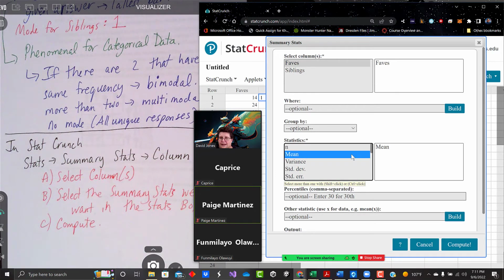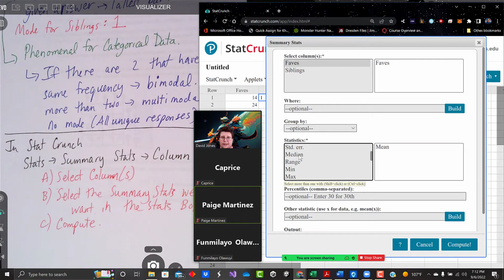Okay, and if you want to select more than one, you can click on one and then hold down the mouse button and drag down. I could select them all by dragging down. I don't want to do that though. So I'm just going to go up and click on mean again. If I roll down to where I want to get the median, I'm using the middle mouse wheel on my mouse, just rolling down to it. When I get down to the other value I want, the median,